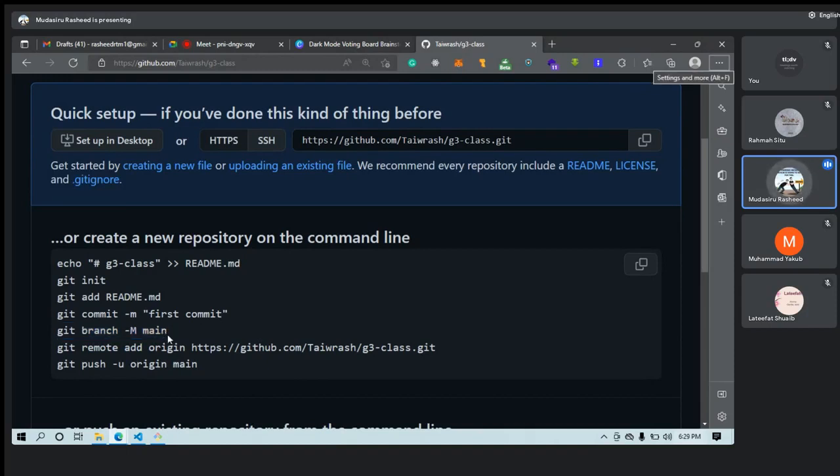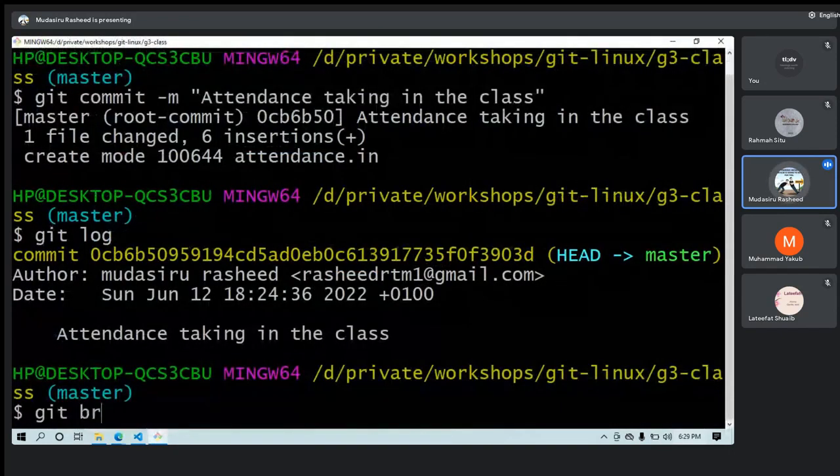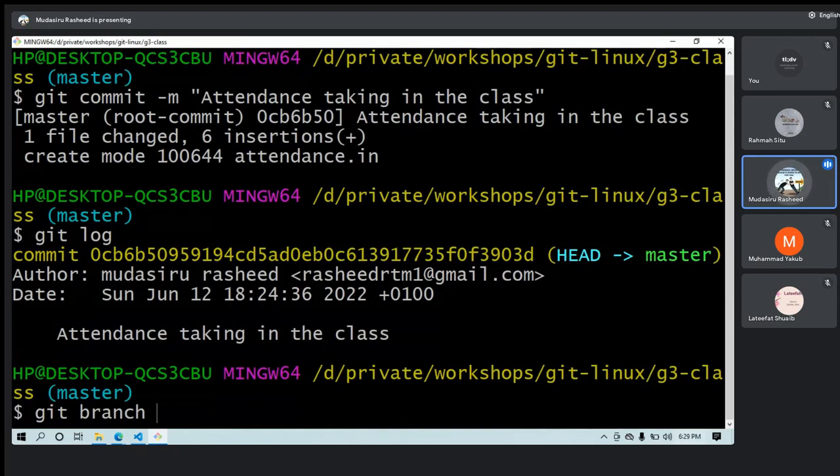The reason why I will do that is for us to learn this particular branch command. The branch command does two things. If I say git branch, I think I've copied it, but let me type it out. Git branch. It means that if I want to change from one branch to the other, now I'm in the master branch.